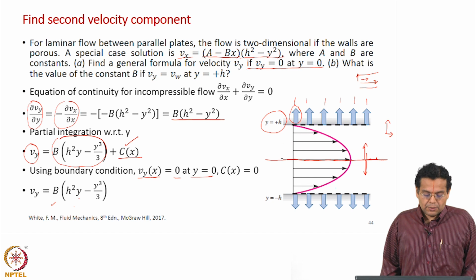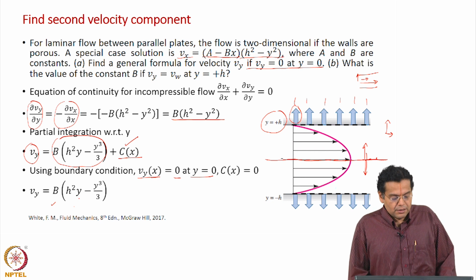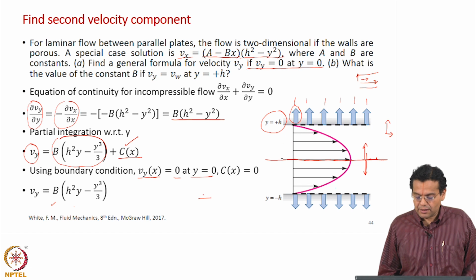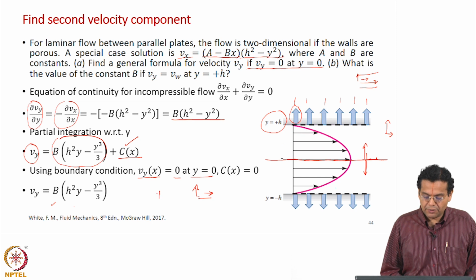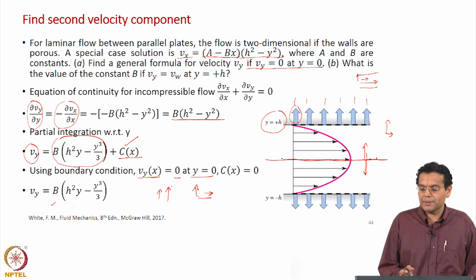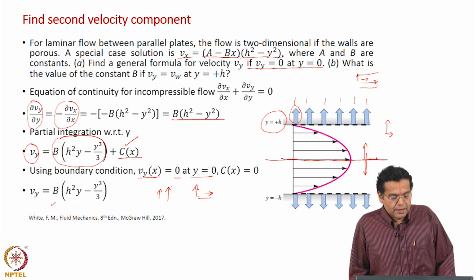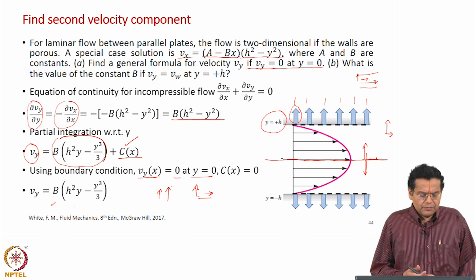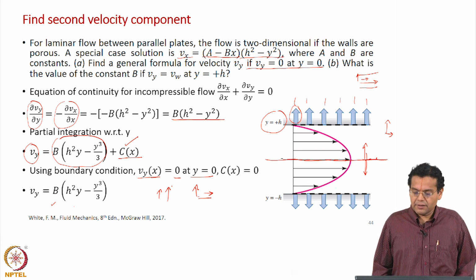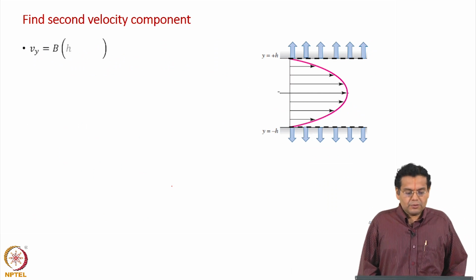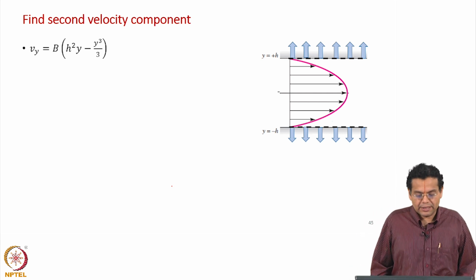So, this tells you the variation of Vy as a function of y. Vx, the x velocity component, varied along the y direction and the x direction also. The vertical component of velocity Vy varies along only the y direction. Look at the dependency: Vx depends on x and y, Vy depends on y only, and we have a constant b which can be evaluated. Let us proceed to evaluate that. So, that is the expression for Vy.